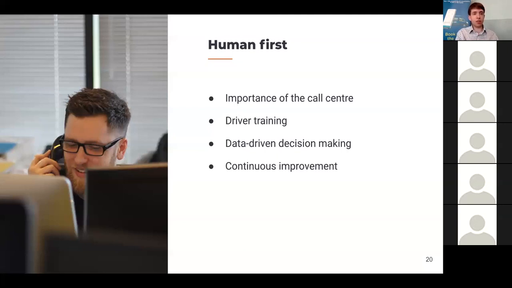And DRT allows for data-driven decision-making through reports, performance, and improvements. Okay, so we had a little bit of data before we got going, but you don't really get real data before you're operating the service day to day, seeing what journey times are like, seeing how people book and how they travel. But by gathering this data, you can improve and make tweaks to improvements.